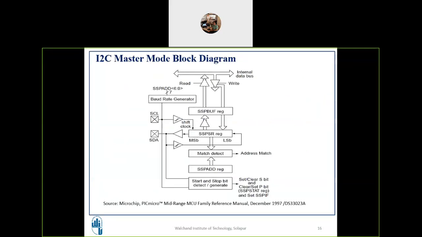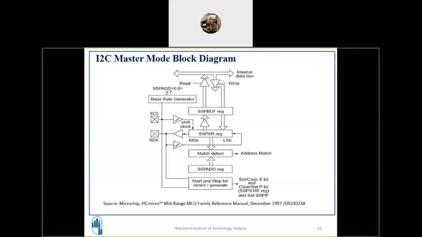So this is what we can call the address detect block. And then start and stop bits can also be generated. You can decide what the start bit will be, whether it will be 1 or 0, and those will be generated, because you know that when you are transferring data you are forming a frame. When you are doing synchronous communication, at least initially you should decide what the start bit is and what the stop bit is. That is decided by this particular block. So we have just overviewed this block diagram. For detail you may again refer to the data sheet, and if you have any doubt you can ask me later.